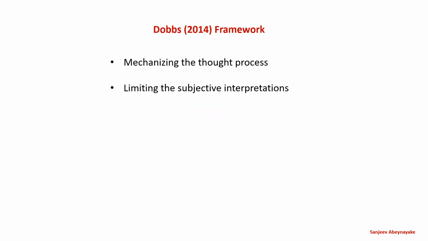The advantage of using Dobbs 2014 template is it mechanizes the process to some extent and thereby reduces the subjective interpretations. As you know, this framework involves taking subjective calls about the degree of force and the different criteria that constitute each force. So here, what Dobbs is trying to do is provide some kind of a method where you mark off a scale to reduce that subjective interpretation. Please make no mistake, it is still a subjective template, a subjective framework, but this reduces that subjectivity